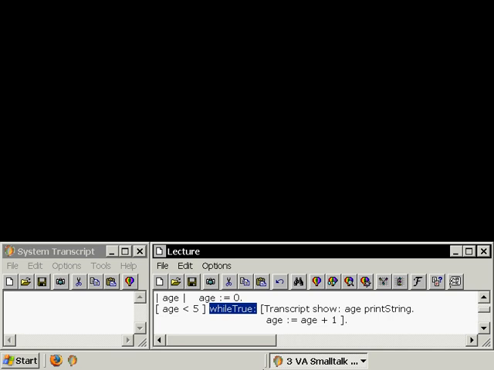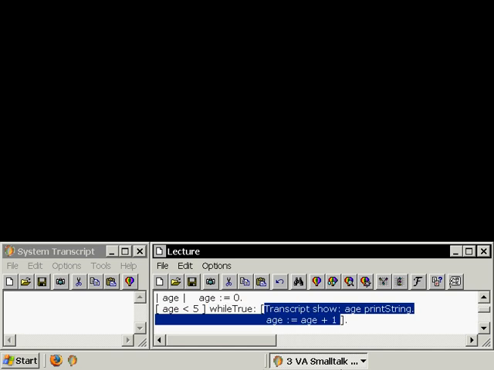While true. We send the message whileTrue: to the block, and what do we pass as a parameter? Another block. What kind of block? A 0 argument block. All right, and what do we do inside of this block? We show on the system transcript the contents of our variable age converted to string, and we increment age every time we go through this